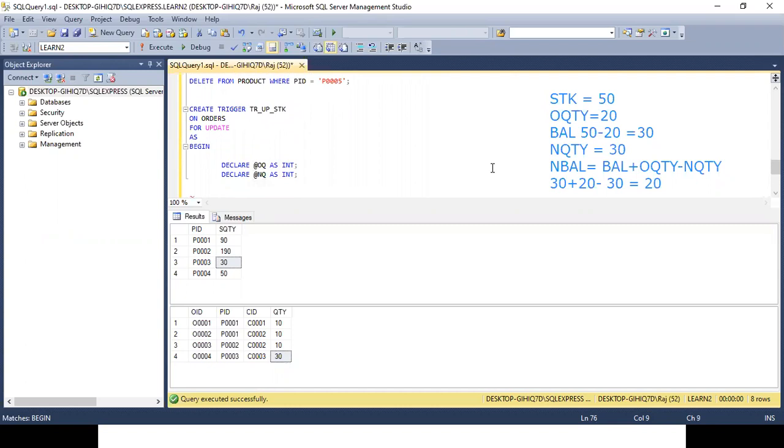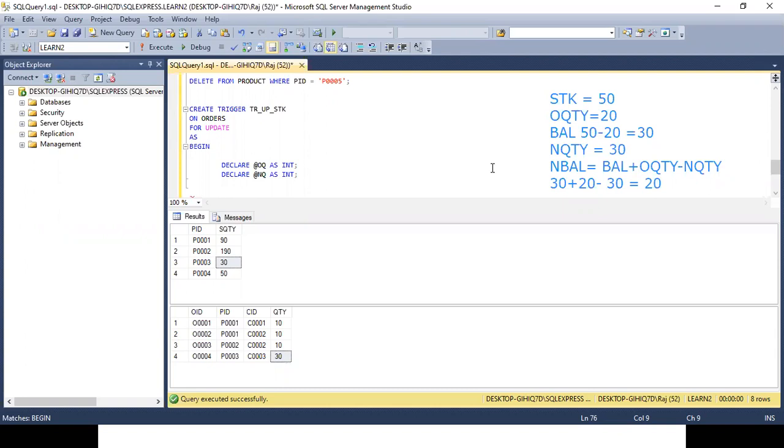In case of insert trigger, which table got created? Inserted. In case of delete trigger, which table got created? Deleted. In case of update trigger, there is no table known as updated. We have only two tables, inserted and deleted.